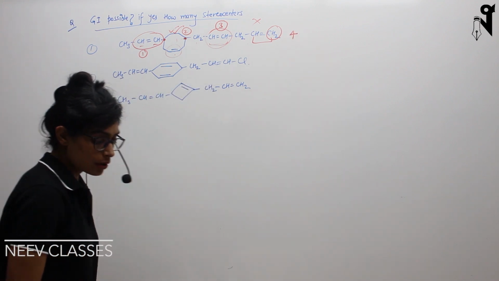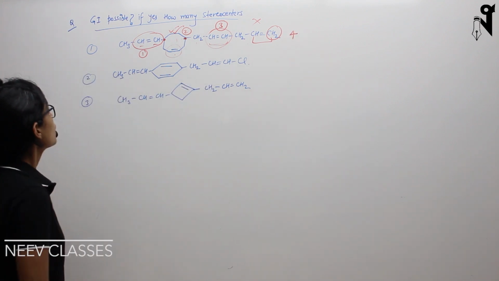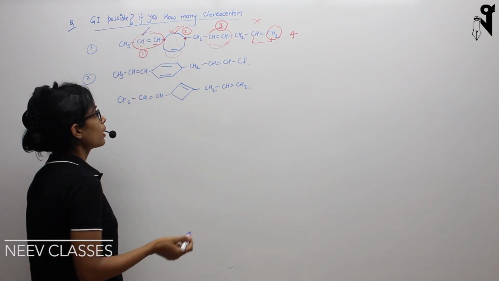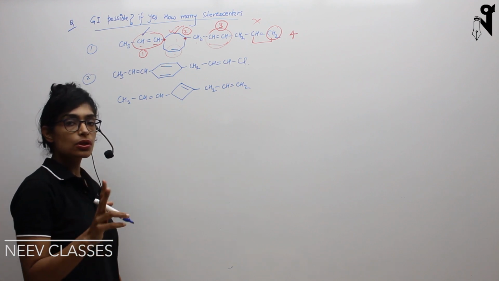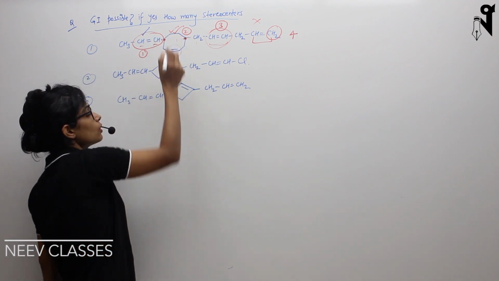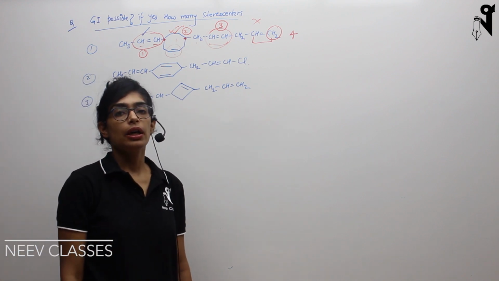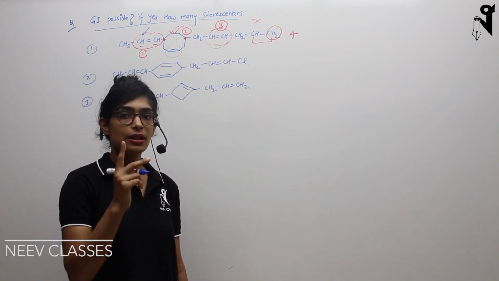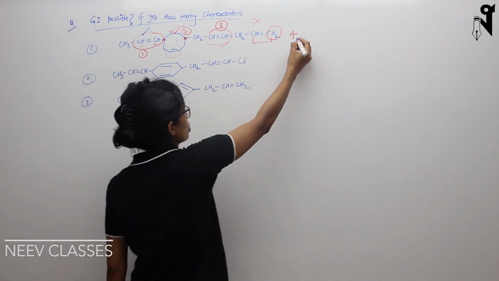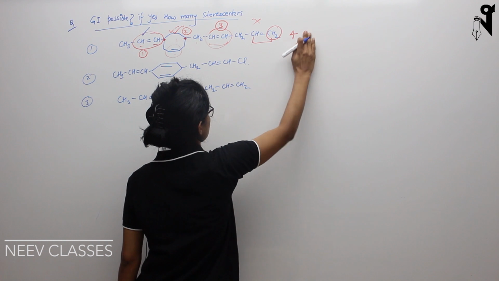I'll explain it again. So what is happening? In the first, this is a normal stereo center. This I don't think anybody would have a doubt about. In the ring, there is a double bond which is causing stereoisomerism, and the sp3 hybridized carbons with the two different groups are also causing stereoisomerism. That is why these will be considered as 2 stereo centers. So the total number of stereo centers in this chain is 4, and yes, it shows GI.